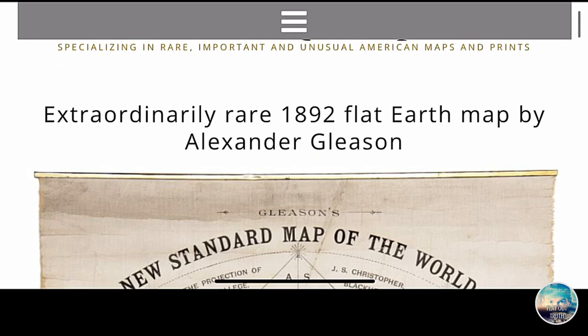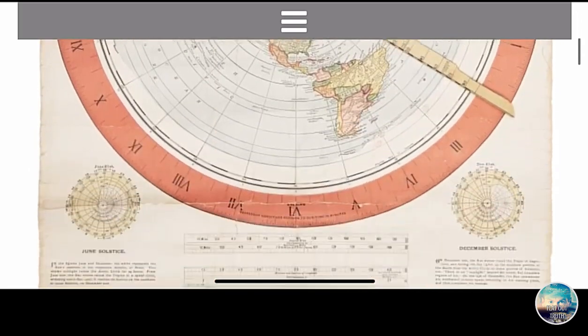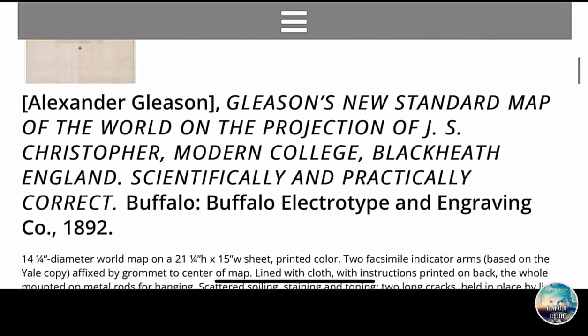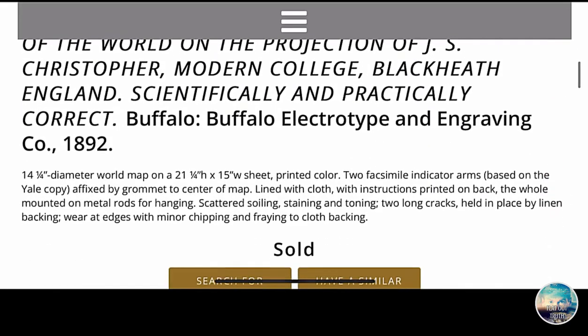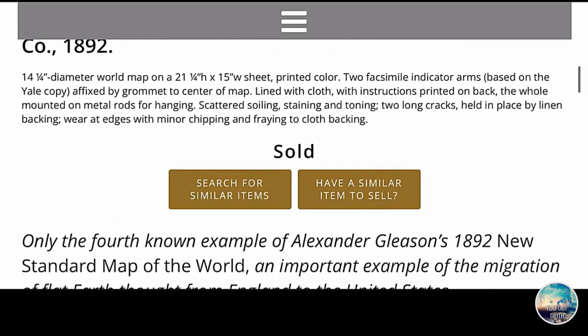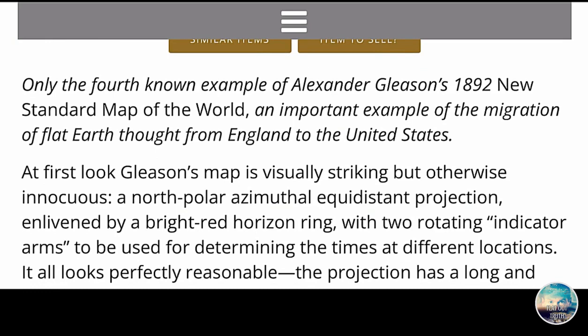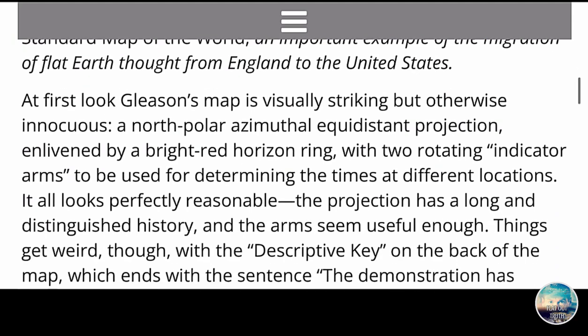Okay, Extraordinary Rare 1892 Flat Earth Map by Alexander Gleason. Now, let's stroll down here and see what we got going on. Now, this is just a description of the map, which is on the map. We want to know the details behind the map, the story behind the map. So, like I was saying, as we stroll past the description of the map, what we want to do is go down here. Let me show you here. It says,